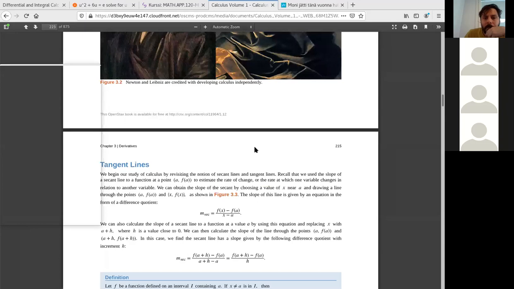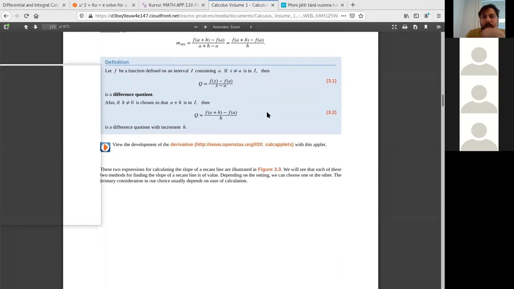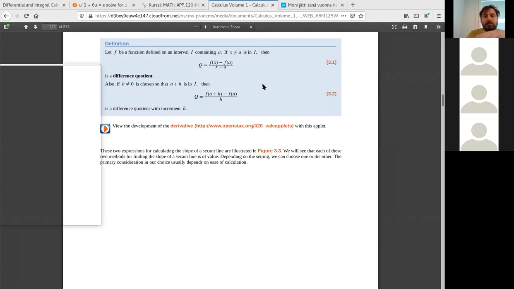So we're going to be looking for what is called the tangent line here. As long as we are moving from X to A, then there's a distance to be covered, right? So this Q here is basically called the difference quotient, and it's the slope of that secant line, right? You move x minus a to the right, and the function grows from fx to fa. If we mark the step from a to x as h,